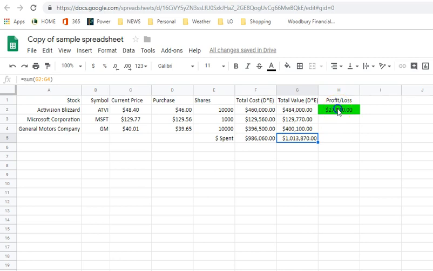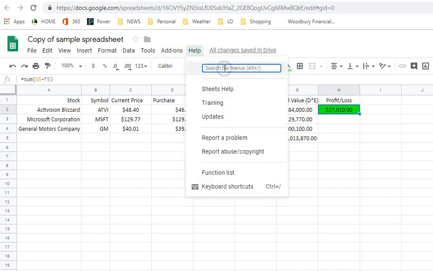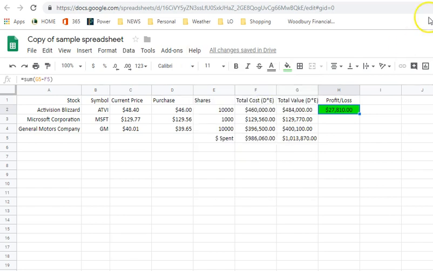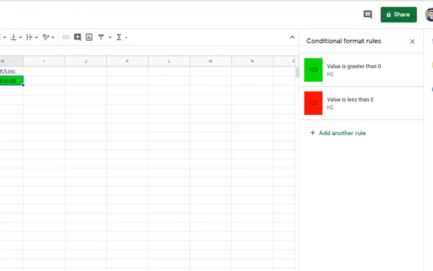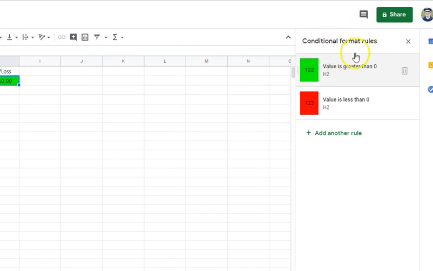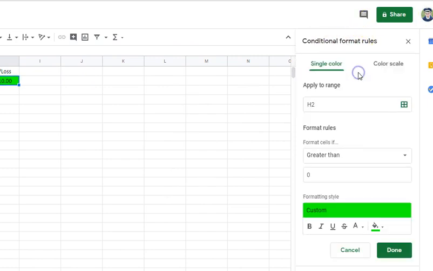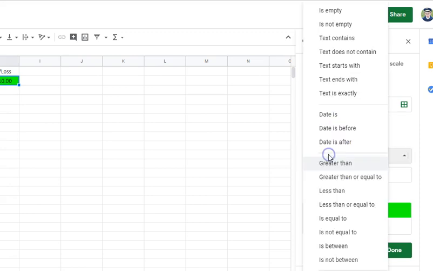What I did with the profit loss is I took these two values and I subtracted what the value was minus my cost. Now I did a conditional format, so if I just click here and start doing conditional format, and in my conditional formatting, you're not going to be able to see it, it's over on the side here, so my conditional formatting, I gave two different rules,